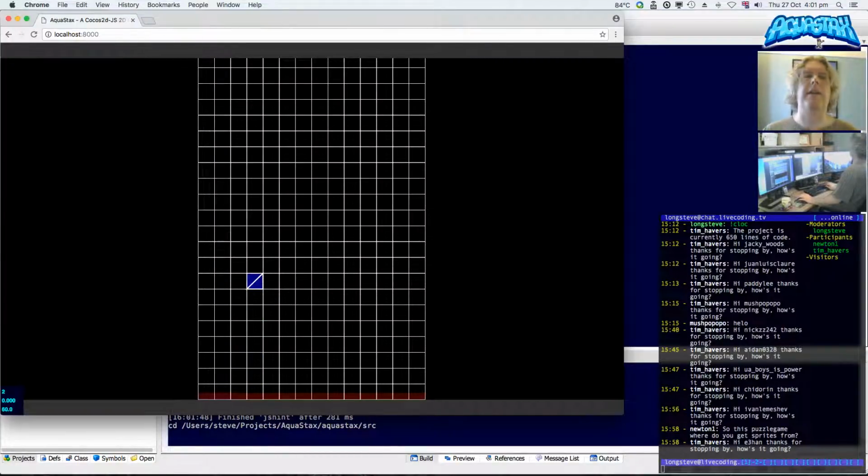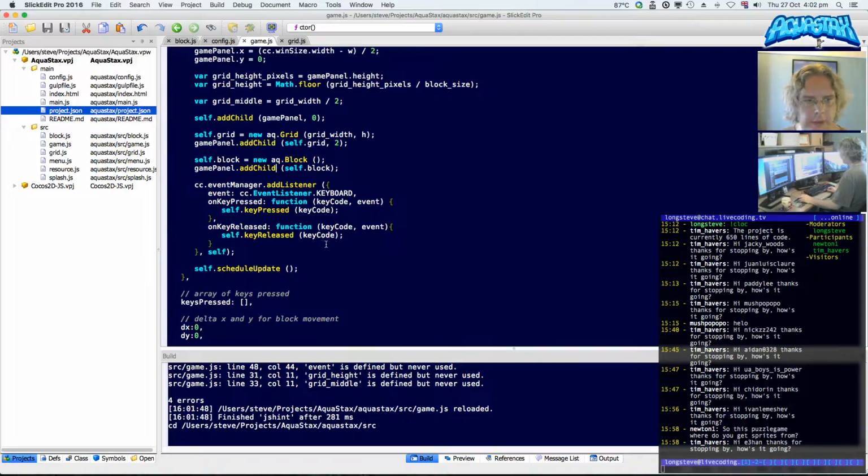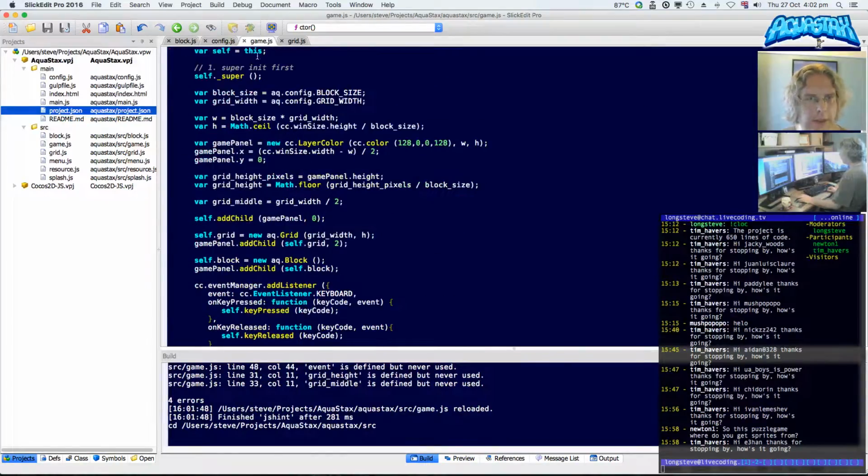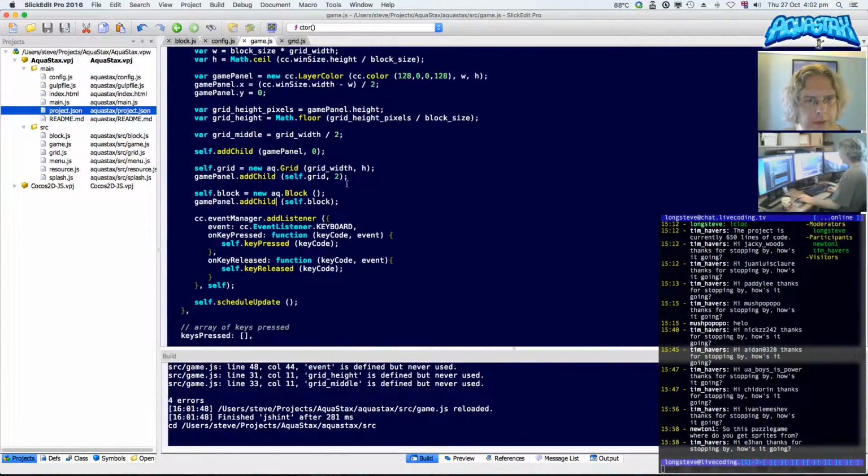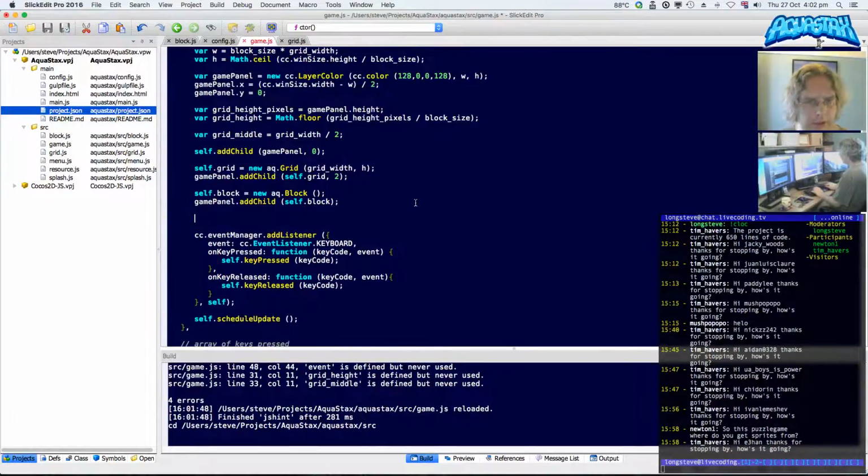So now the actual block coordinates are maintained by the game class. They're independent of the grid completely. Now I could have multiple blocks if I stick another one somewhere, just for a bit of fun. So let's add a block. That adds a block there. Let's do b2 equals new make block. And then